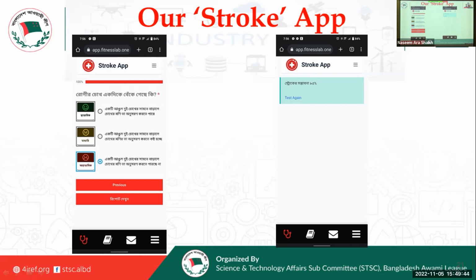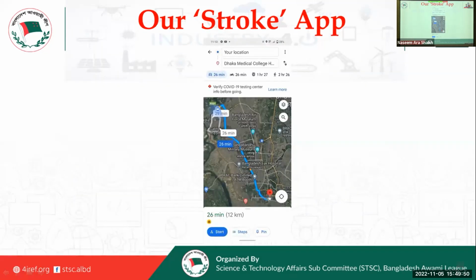whether you have a stroke or not. Once the patient is diagnosed with a stroke, the application will track his or her GPS location to the nearest stroke center. For example, we already know which hospitals have stroke facilities and which hospitals don't. He may go to another hospital where there is no CT scan facility, no stroke facility, and it will make the referral delay. But we already pre-program it, and we already know which of his nearest centers has that service. We can easily decrease the referral delay and make an early diagnosis and rapid treatment of the patient, which can be a game changer in stroke treatment from a Bangladesh perspective.